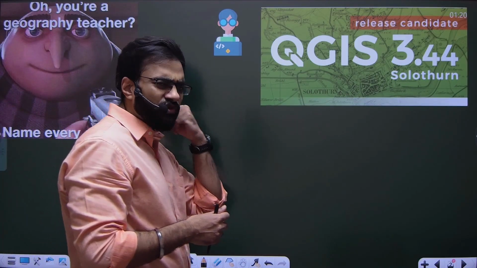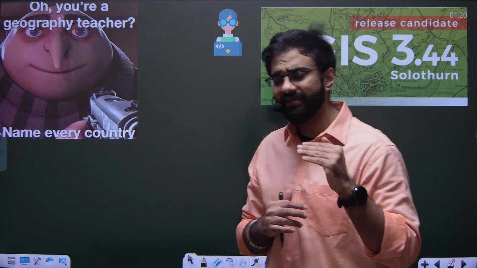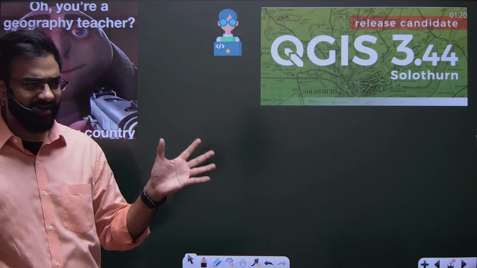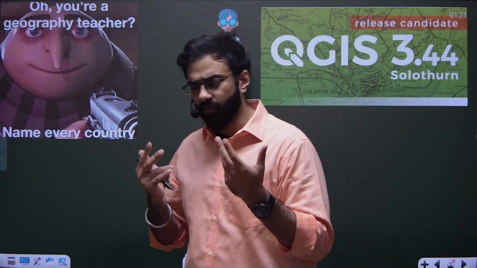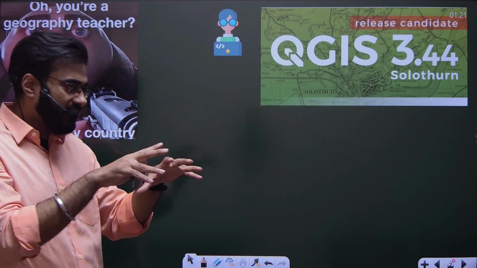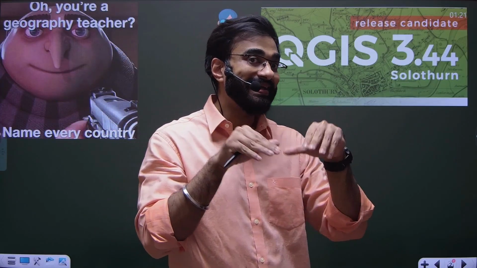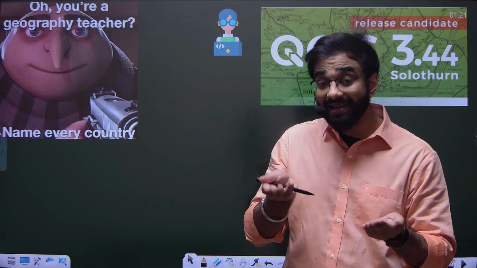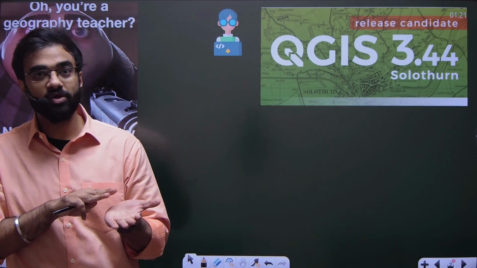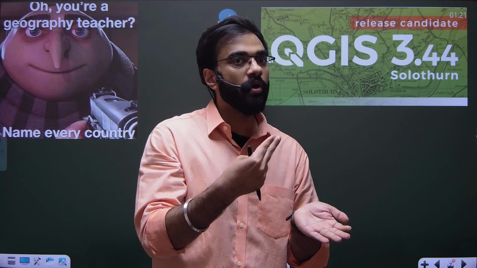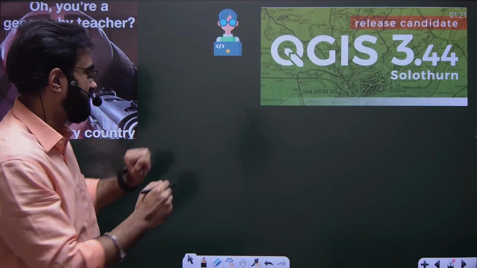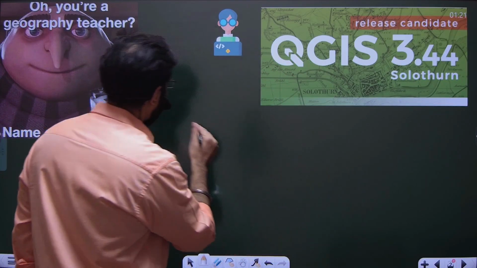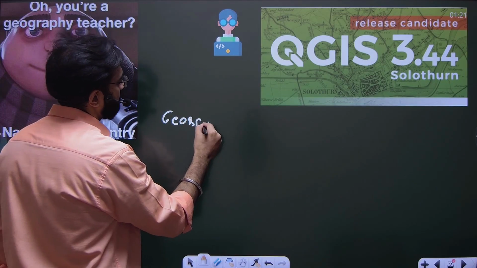So what is the need for this geospatial analysis then? In the last lecture, we collected a lot of data using satellites, drones, aircraft, cameras, sensors. We collected the raster files and whatnot. Now, that data by itself is not worth anything unless some person or some software or some algorithm processes that to produce meaningful data. So here is where geospatial analysis comes in. In simple words, if I want to define it in a single line,